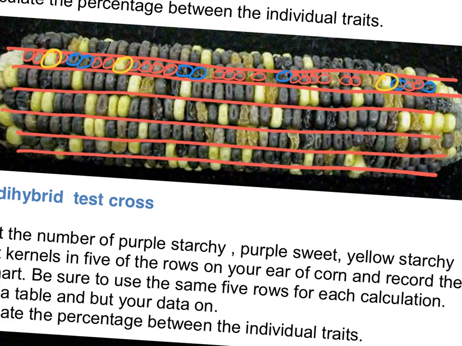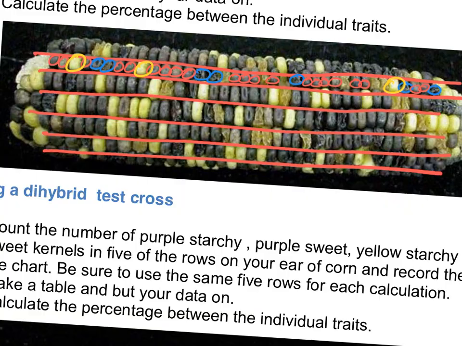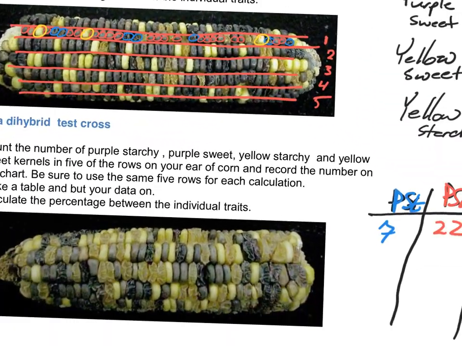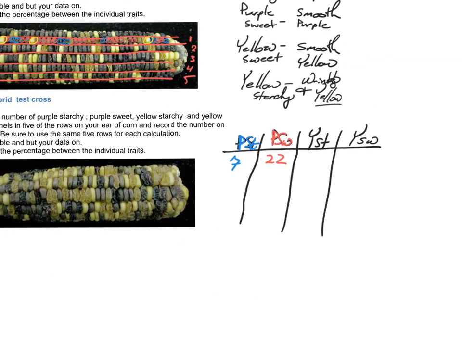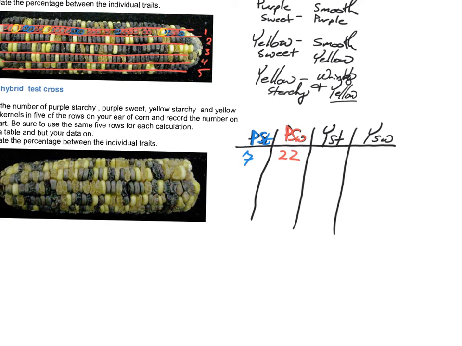I don't see it. Near the middle. I go the rest starchy, I think. That's how I would call it. Everybody agree? Yeah. So I got 3 sweet ones. Yellow sweet, which are the smooth. So yellow sweet